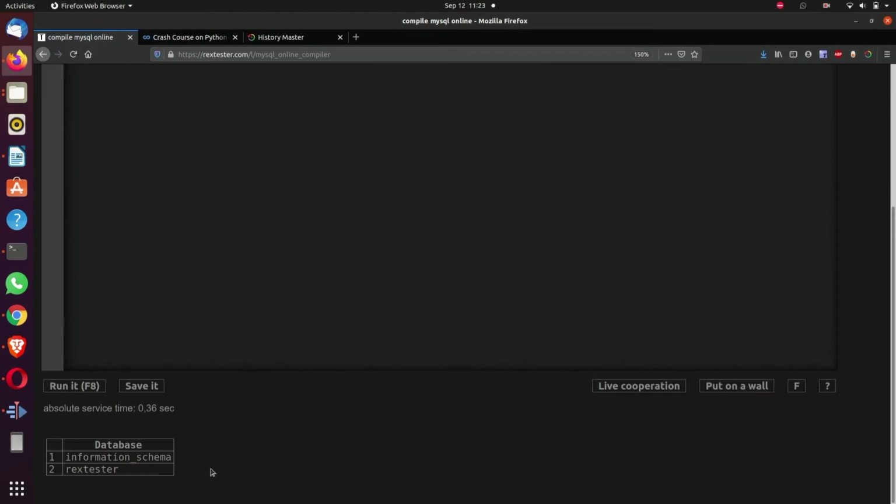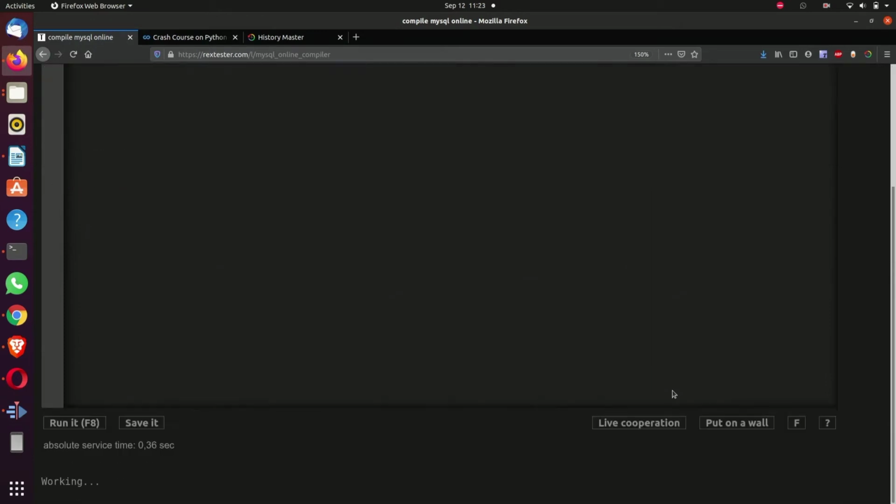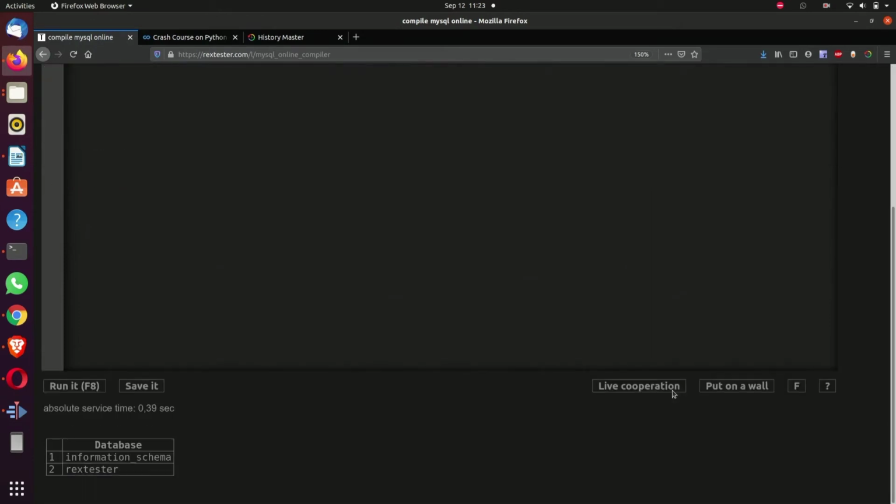There are total two databases available on this website, that is Information Schema and Rectester. I'll go with Rectester. To use this, I'll use the command use database name, that is Rectester. Let's run this. There is no error.